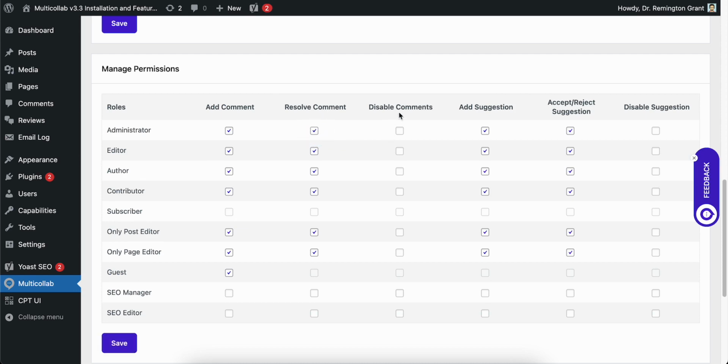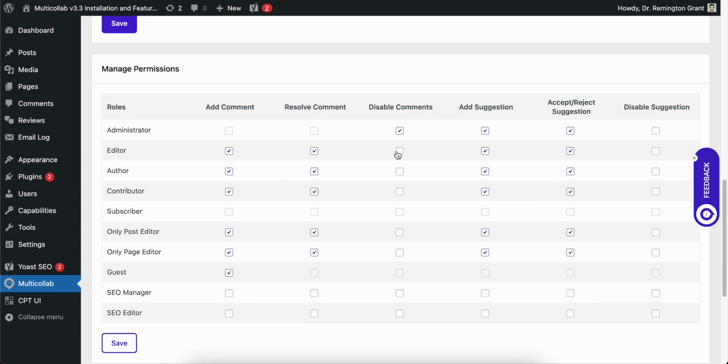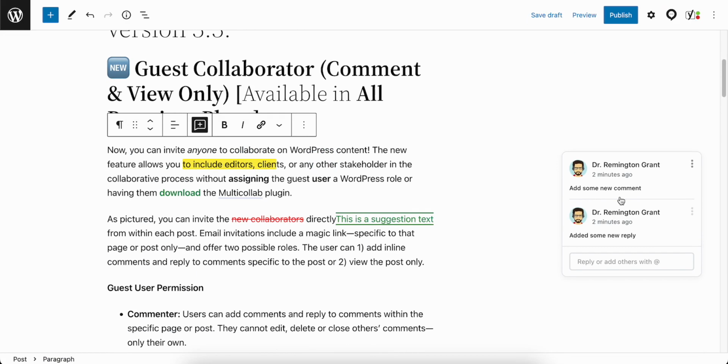Now here we can see the disable comment setting. When we enable this particular setting, it will disable all the commenting related features for that particular user role. So now that we have disabled it, currently we can still see the comment highlight as well as the comment board. But now if I reload this post,